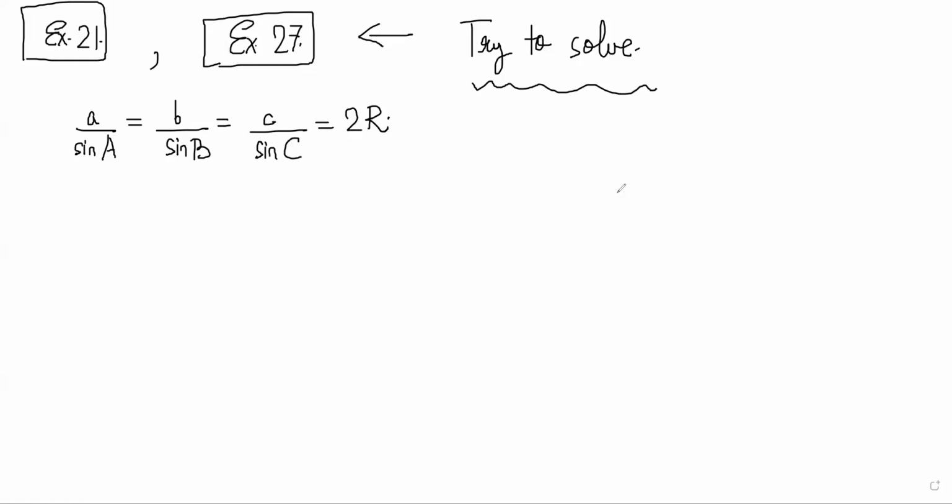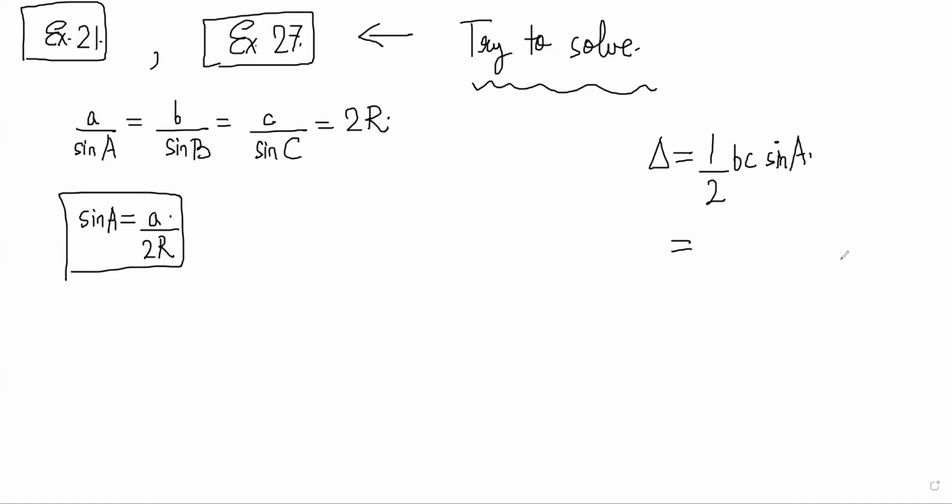And now we have already seen that the area of a triangle was half bc sin A, right? It can be written in other ways also, but this is one of the ways in which you can write the area of the triangle. And sin A can be written as a by 2R, right? Yes, sir. So we can write half bc times a by 2R, and this gives us a new formula for area, abc by 4 capital R,